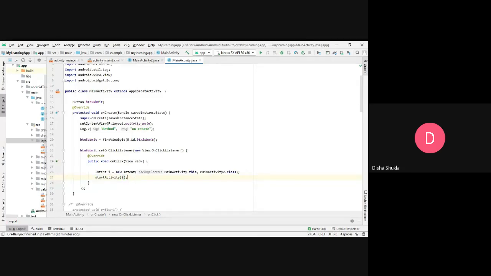Now I'll be showing you the output of this. See, by default you can see the first activity named hello Android, and we have a button called submit.